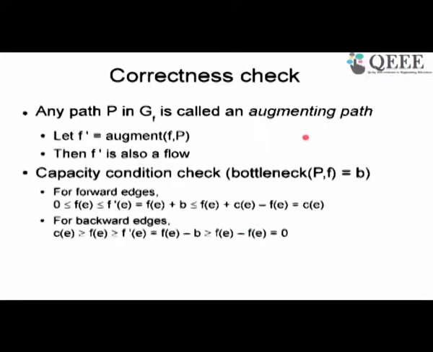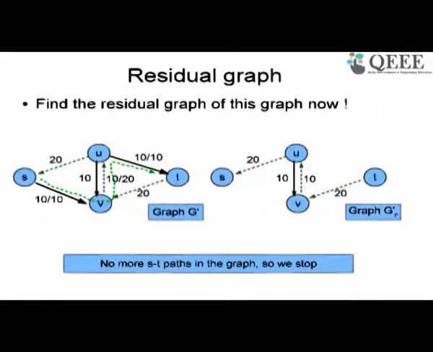So a path P in G_F is called an augmenting path. Okay, any path in the residual graph is called an augmenting path because I can use it to augment the flow. And we want to show basically that if I augment the flow, right? So in this example,